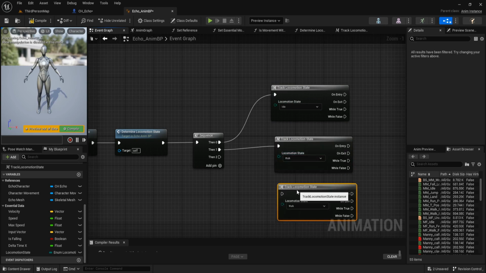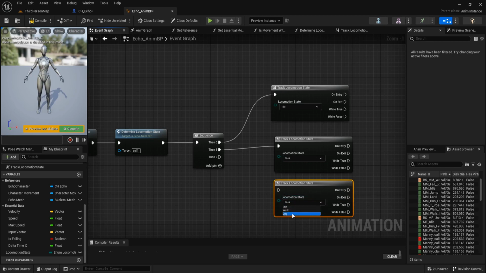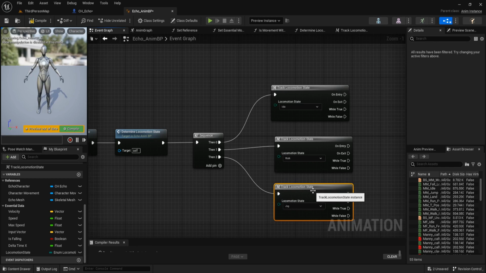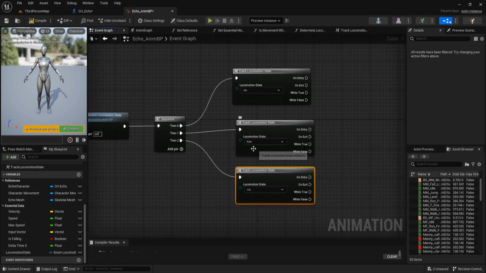And the third is track jog. We want to know that if the locomotion state is walk on int3, the first time it walks and it switches to jog, it will exit, call this exit.